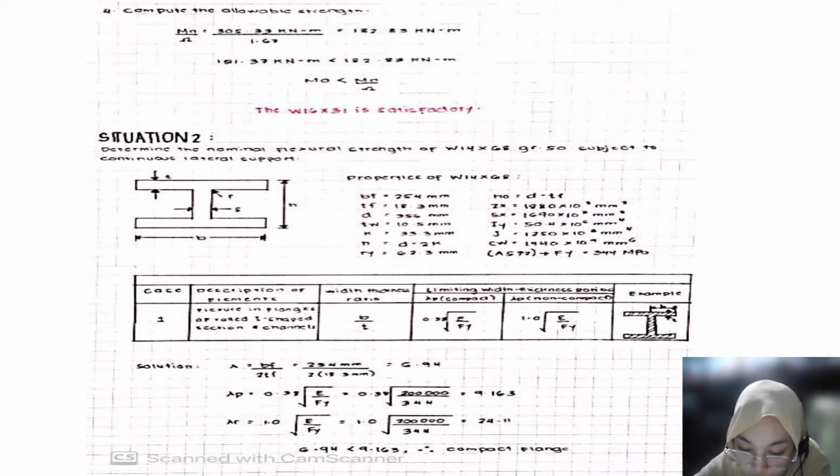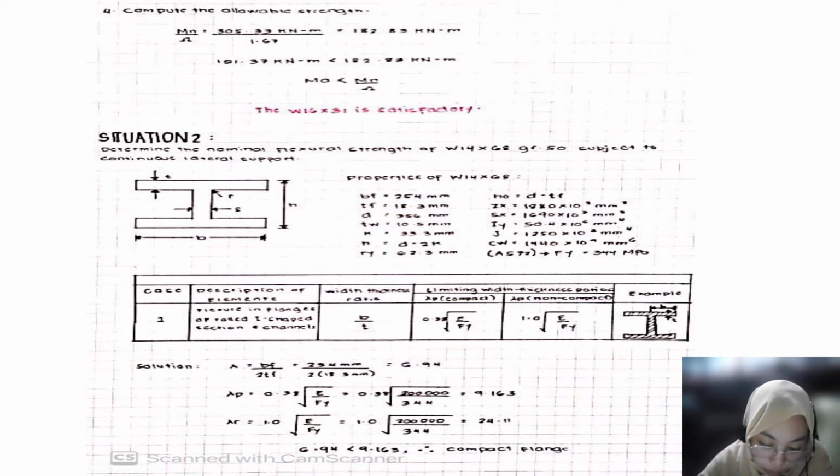Sx 1690 by 10 cubed mm cubed, and Iy is 50.4 by 10 raised to 6 mm to the 4th, and yung J is 100 by 10 cubed mm to the 4th, and Cw 1440 by 10 raised to 6 mm to the 6th, and A572 is Fy equal siya sa 344 MPa. So, first step is get